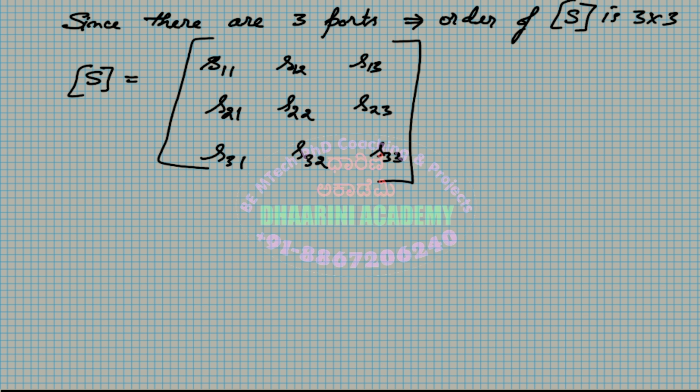So with respect to port 3, port 1 and port 2 are the same. You can interchange them, it doesn't change anything. That is the first point specific to the given T junction. This will change for a junction which we consider later. For the given junction, this is the first property that we are going to apply. I'll write a point here: because of the plane of symmetry,